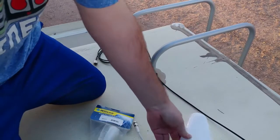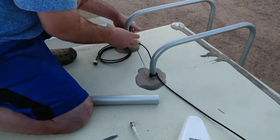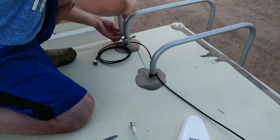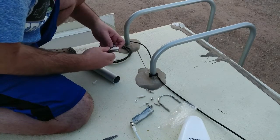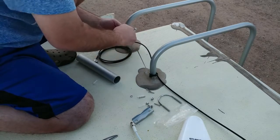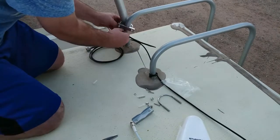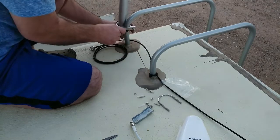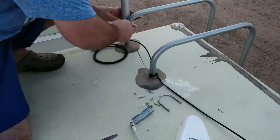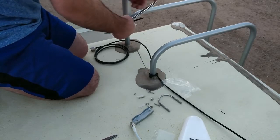That ought to hold it. So the antenna came with all this, but I want a little more elevation on it, so not sure I need that. Nice warning label. I think I'll be alright. Doesn't fit. Let's try this one instead. And a zip tie. Maybe 2 zip ties. A solid